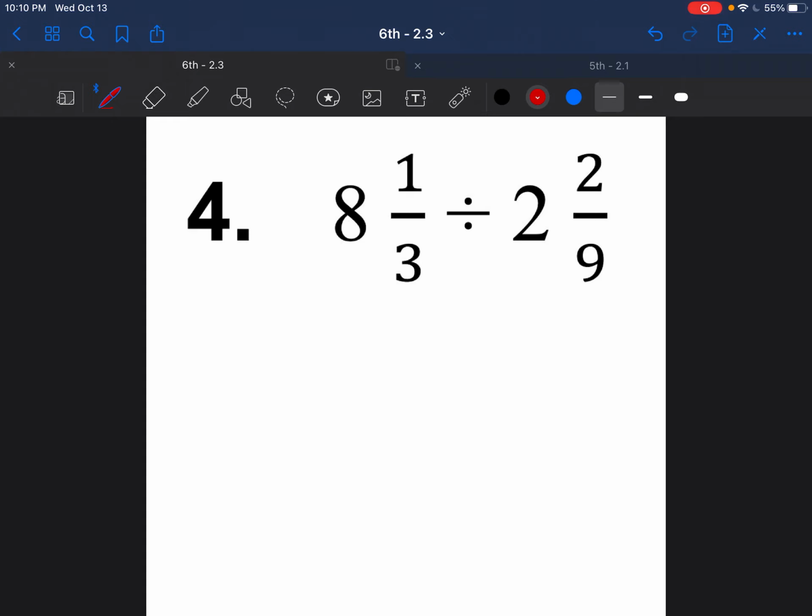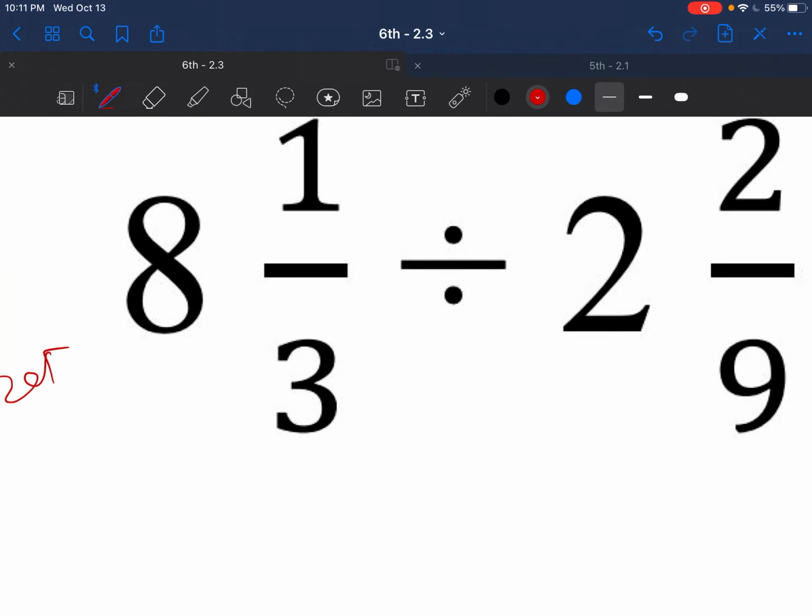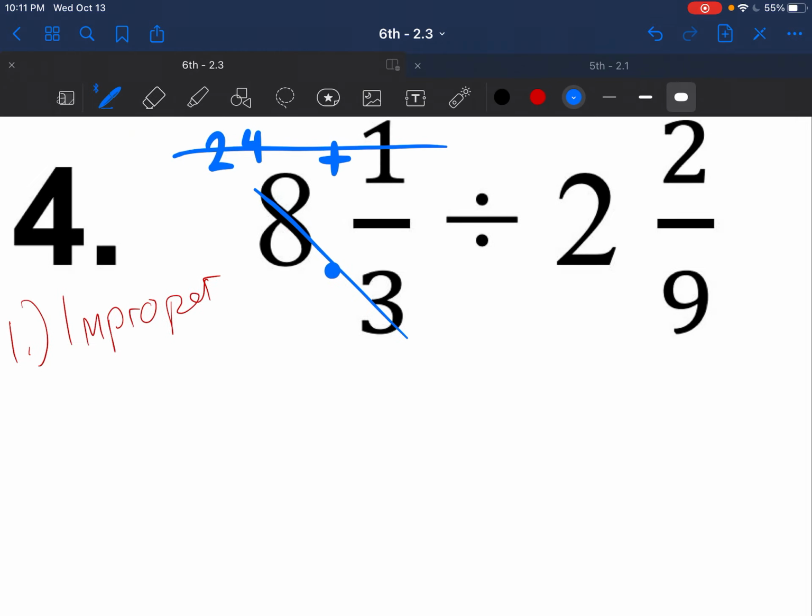Ooh, now we got 2 mixed numbers. But we can do this. All you got to do is follow all the steps. Step 1 is, again, what do you need to do? Turn this into an improper fraction. So you have to multiply, and then we need to add. So if you have a multiplication chart, 8 times 3 is 24, and then 24 plus 1 is, oops, I almost dropped my pen, is 25 over 3